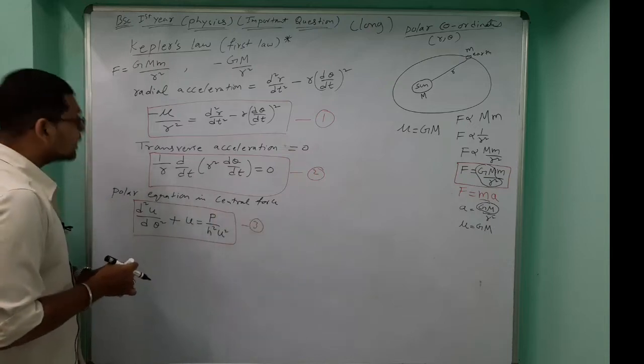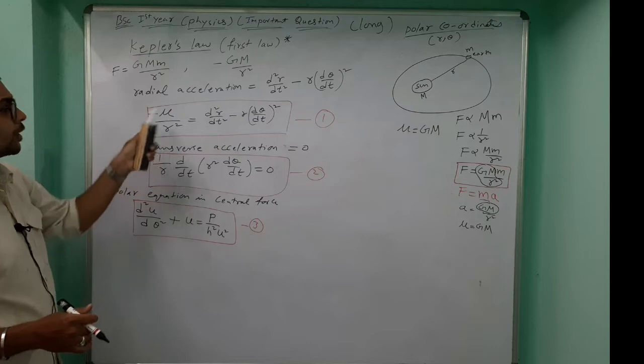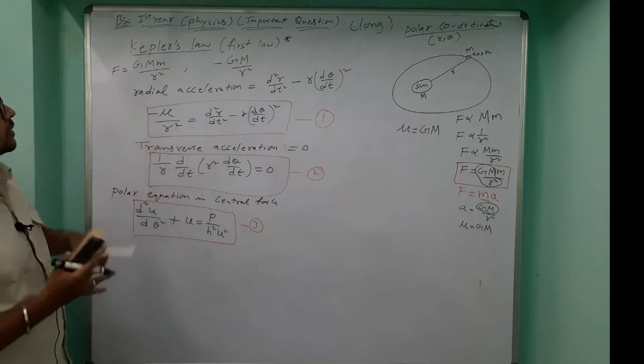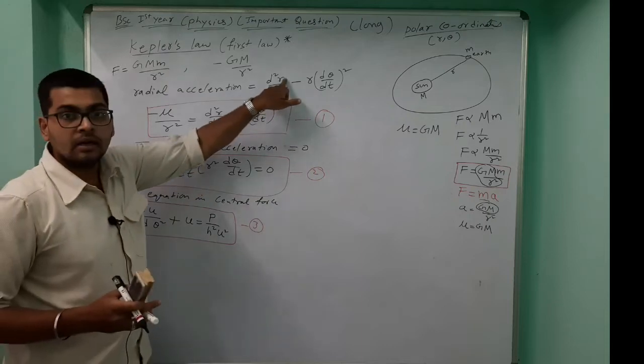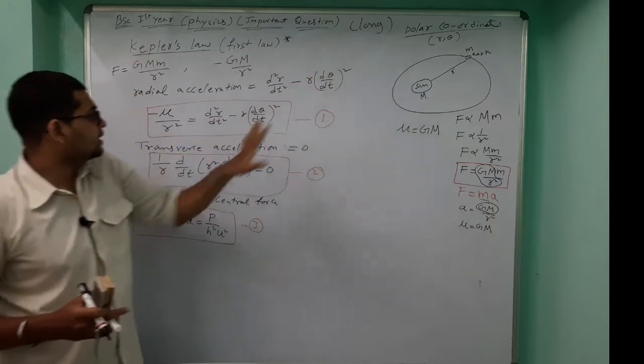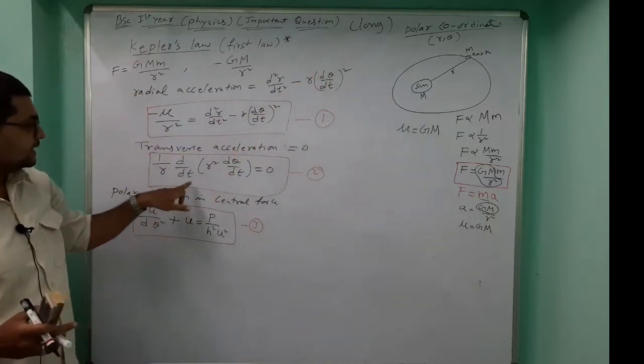So the first equation is for radial acceleration, given by that one. You have to remember this one. Say this one also. How did this come? Now in this one, we know everything. r is the radial distance. Theta is the polar angle, that's why theta is there. Now t is the time.